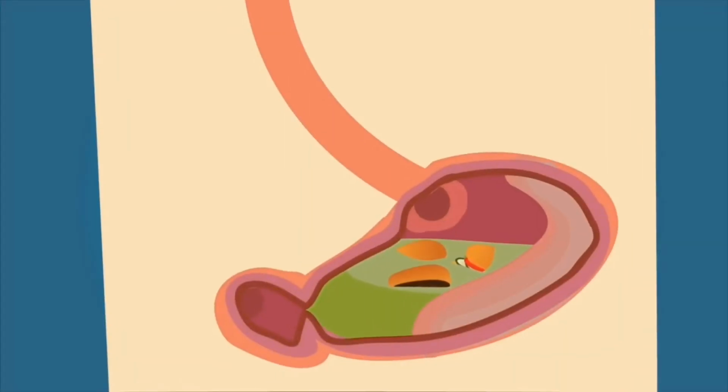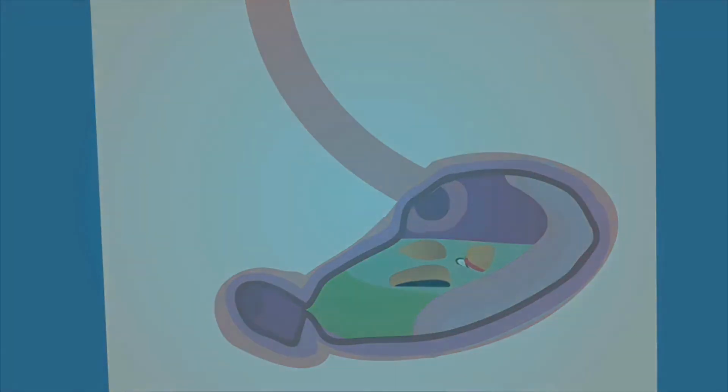Humans carry out internal digestion as the food is digested inside our bodies. However, other organisms digest the food outside their bodies. Fungi, for example, are called saprotrophs. This means that they secrete enzymes out of their cells onto food around them and then absorb the nutrients once they have been broken down.